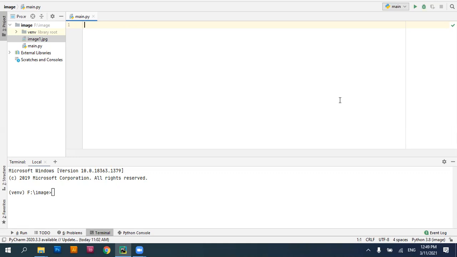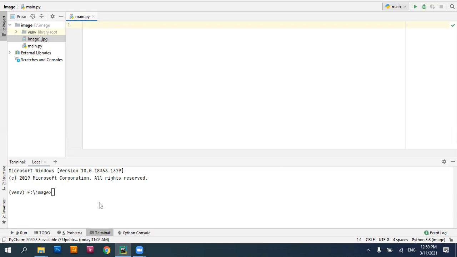So in this video, I shall be showing you how you can use Python and OpenCV to read an image, which is basically a two-dimensional array or a matrix, and how you display an image. I'll be using PyCharm as a platform to type my Python program and execute the program. Before that, a package has to be included to perform any activity on image processing using Python.